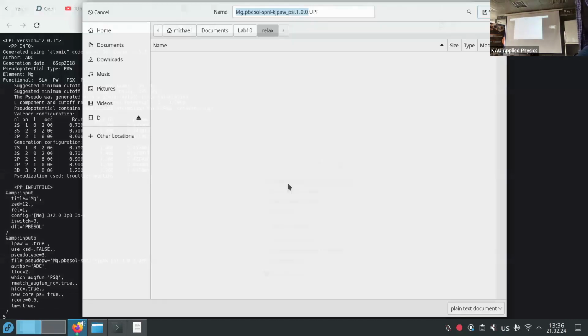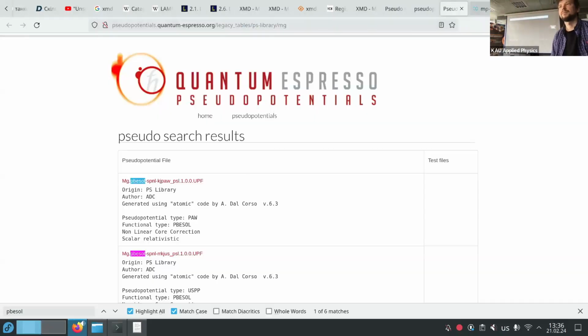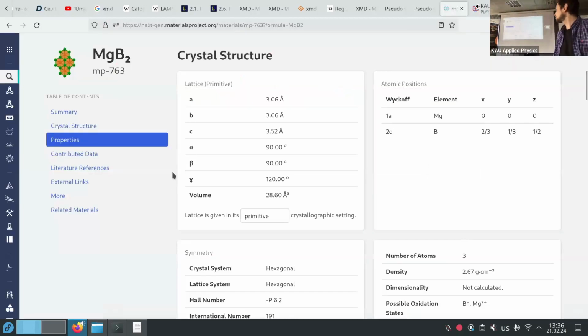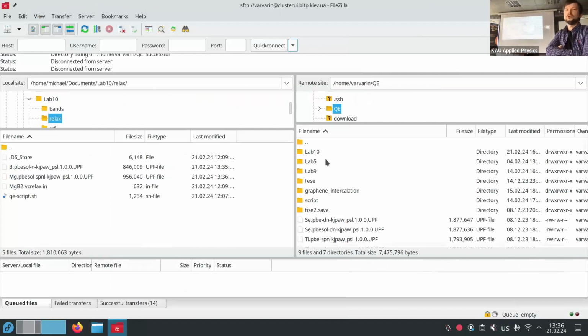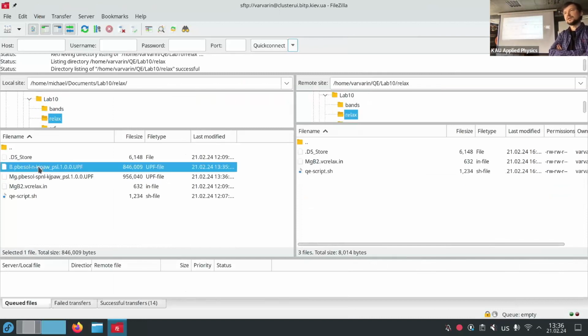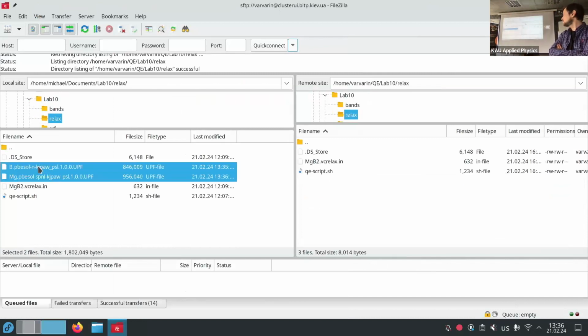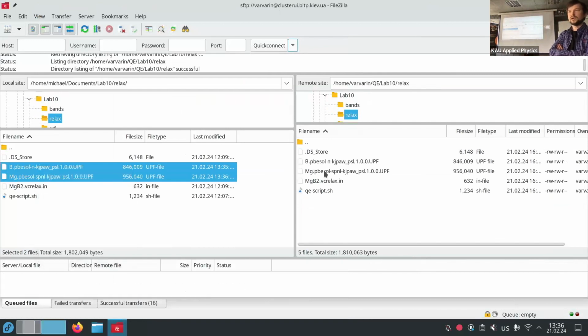So the question is whether we should use full relativistic for heavy elements. It depends. If you plan to make some quick research, some quick calculation, and to check basic things like DOS and band structure, it will be okay.